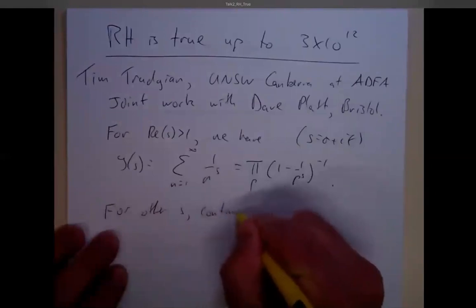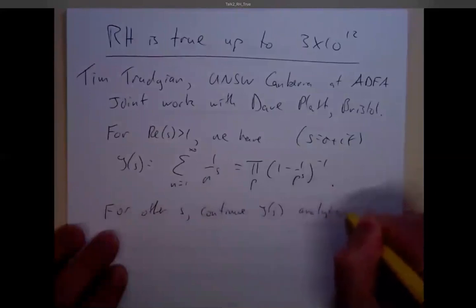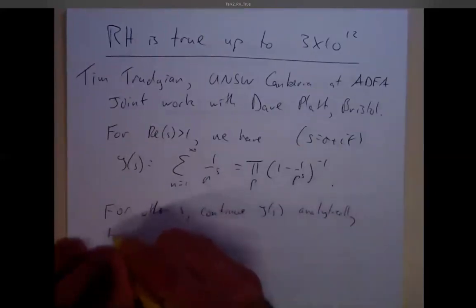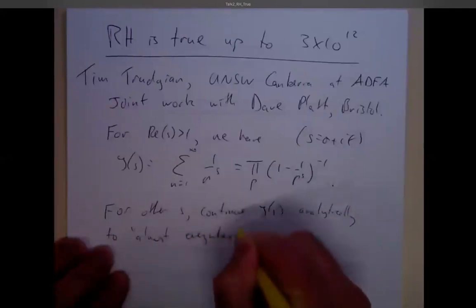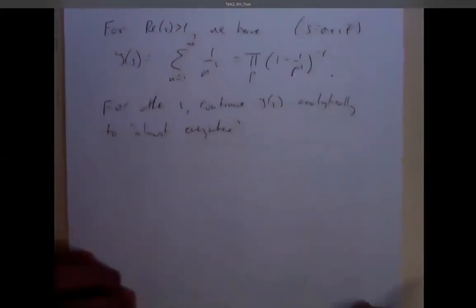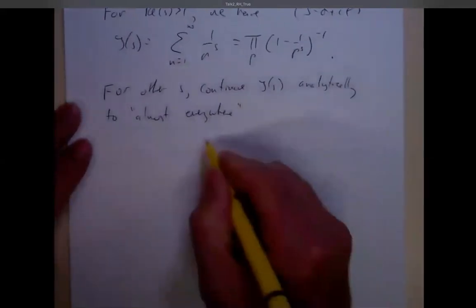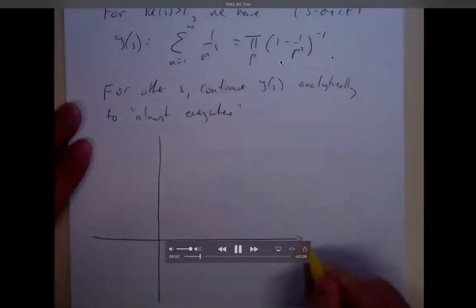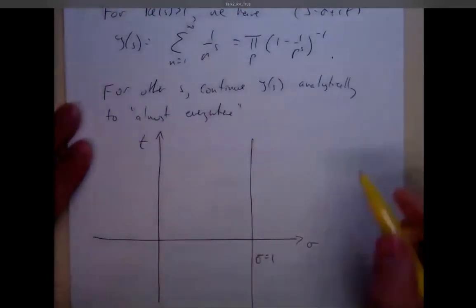That's how you define the Riemann zeta function when the real part of s is bigger than 1. Now, the reason it's called the Riemann zeta function and not, say, the Euler zeta function, even though Euler considered it, is that Riemann took it away from s being a real variable bigger than 1 and converted it to a complex variable almost everywhere. So you can extend this definition analytically or meromorphically, if you like, to almost the entire complex plane. So the Dirichlet series up here doesn't make any sense when the real part of s is less than or equal to 1. Nevertheless, using the power of complex analysis, you can still extend it to almost everywhere.